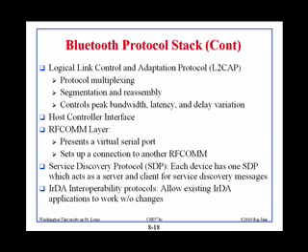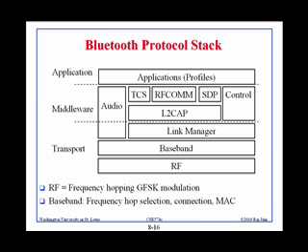Segmentation and reassembly, which is kind of obvious: the packets coming from the higher layer might be bigger, so they have to be segmented, and when they go to the other end, they have to be reassembled and given the same packet size. So that is part of L2CAP. It controls the peak bandwidth, latency and delay variation. So it decides which packet goes next, and therefore it can affect the delay variation and how much bandwidth who gets, right? Then there is the host controller interface, HCI,